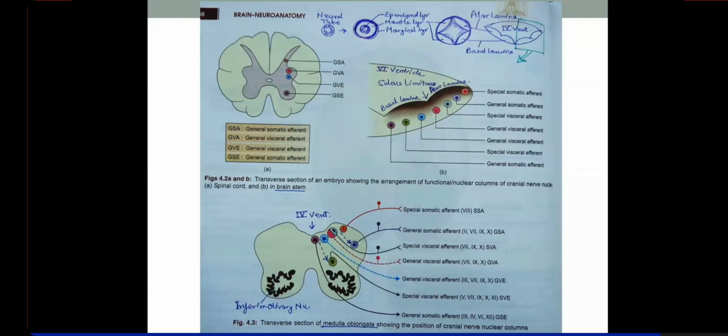The identifying feature for upper medulla will be two things. One thing, it will also be forming the floor of the fourth ventricle, upper medulla. The other thing, the anterior bulgings, remember? These bulgings were forming the olives. So they have a purse-shaped, a corrugated purse-shaped nucleus, the inferior olivary nucleus. So these bulgings are olives, right? So the inferior olivary nucleus is present in the upper part of the medulla.